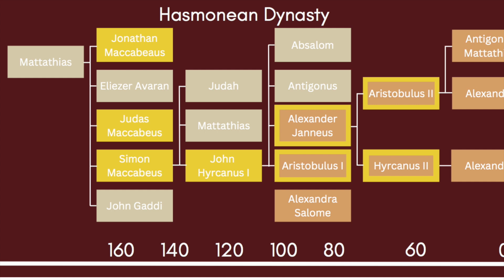So it's because of this family. He becomes high priest. That's in yellow. If they're yellow, they were high priest at one point. He dies in battle. His brother Jonathan then takes control. He dies, and then his brother Simon becomes the high priest and becomes kind of the figurehead of this rebellion movement. Eleazar, another mad dog.